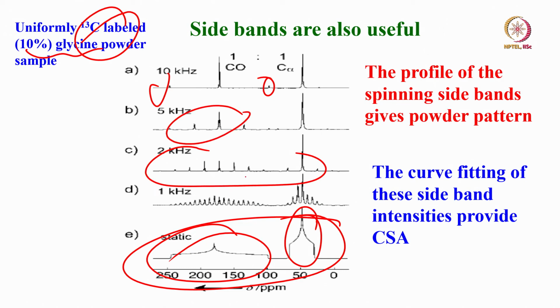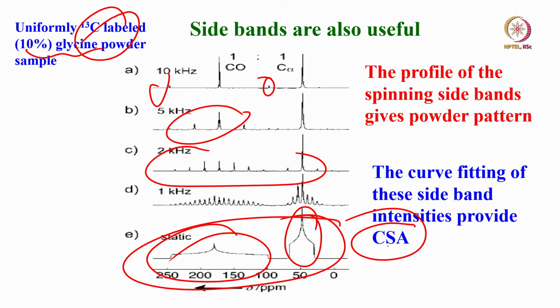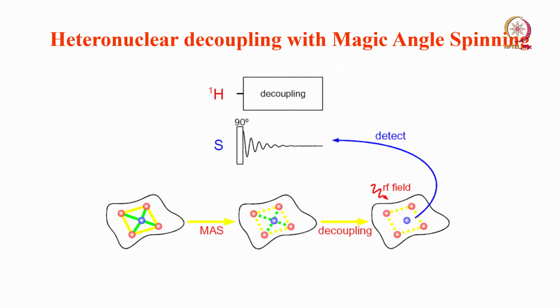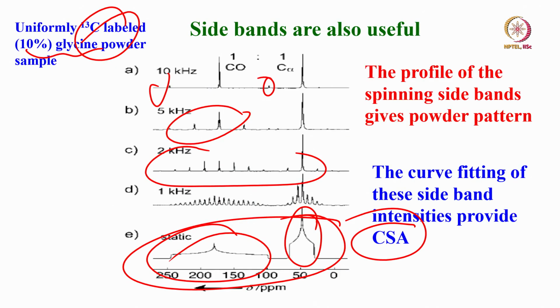I can do the curve fitting. If I do the curve fitting, I also get what is called chemical shift anisotropy, which is useful for me. I can get information on the charge density distribution at the site of the given nucleus. So, CSA can be obtained. So, side bands are also useful. Since the time is getting up, I am going to stop